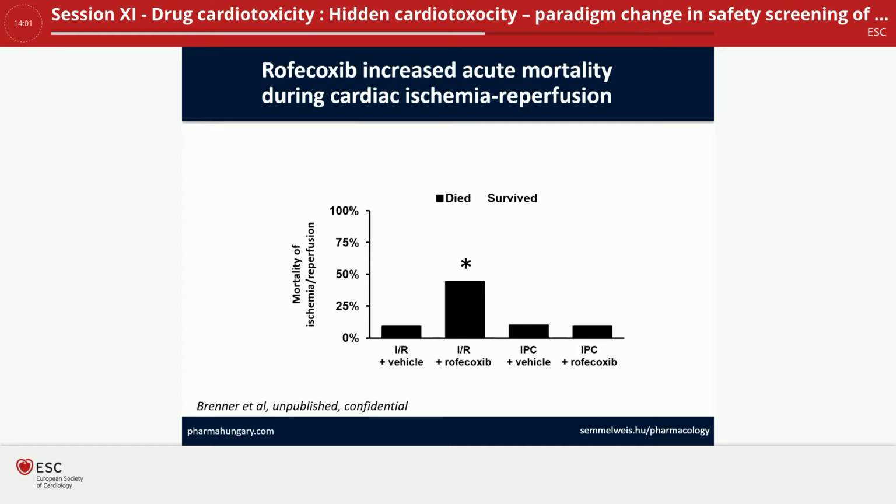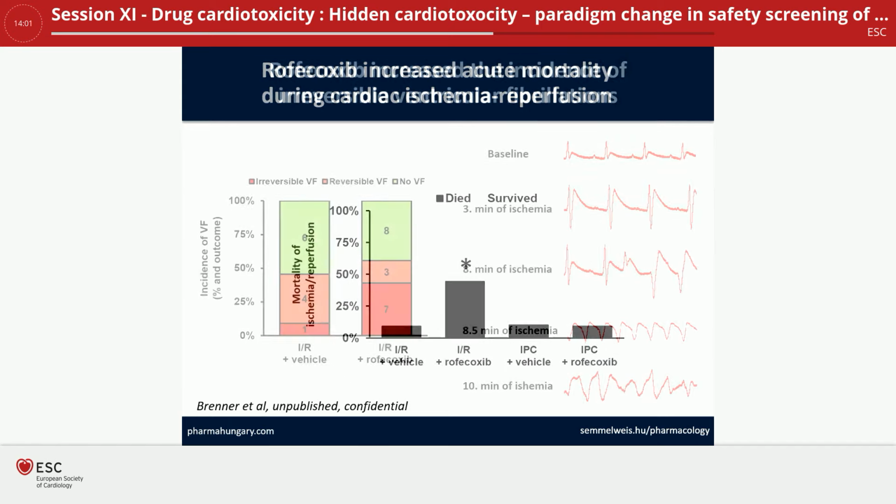So what did we observe? First of all, that rofecoxib increased mortality of these rats during ischemia reperfusion injury, which is of course not healthy. And what we have seen, that ischemic preconditioning was reducing this mortality, and also ischemic preconditioning reduced the mortality increase due to rofecoxib. So that was the one major